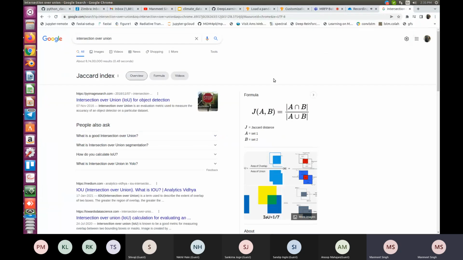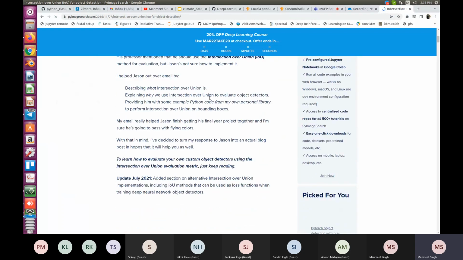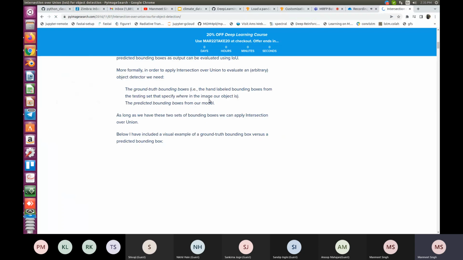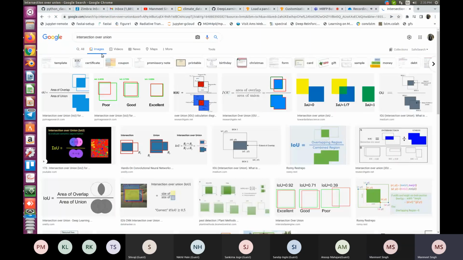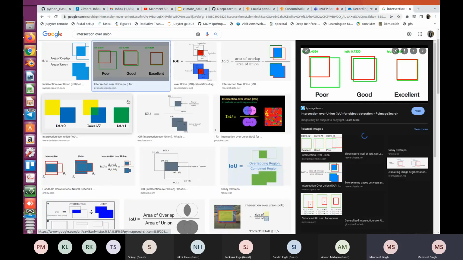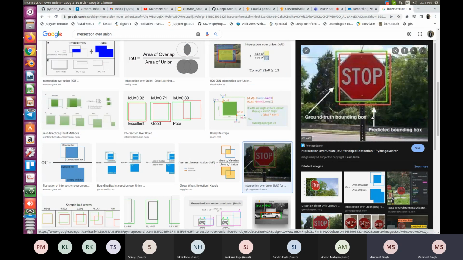So there is this metric known as intersection over union. So if you have two rectangles